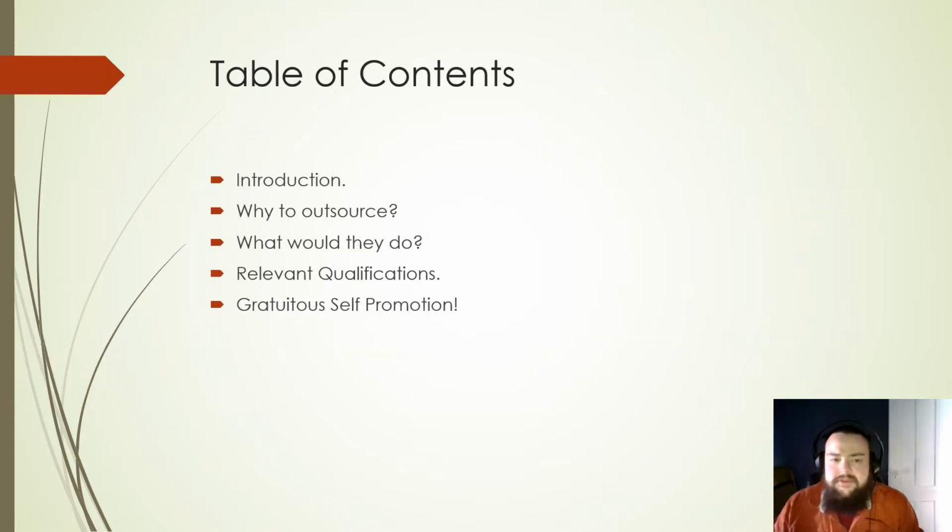I'll start with a brief introduction into the literature search and review for your CER, give you some reasons for why you might want to outsource, and what you might have an outside consultant do to assist you with your project, some relevant qualifications to look for in the consultants you may outsource to, and I will end with